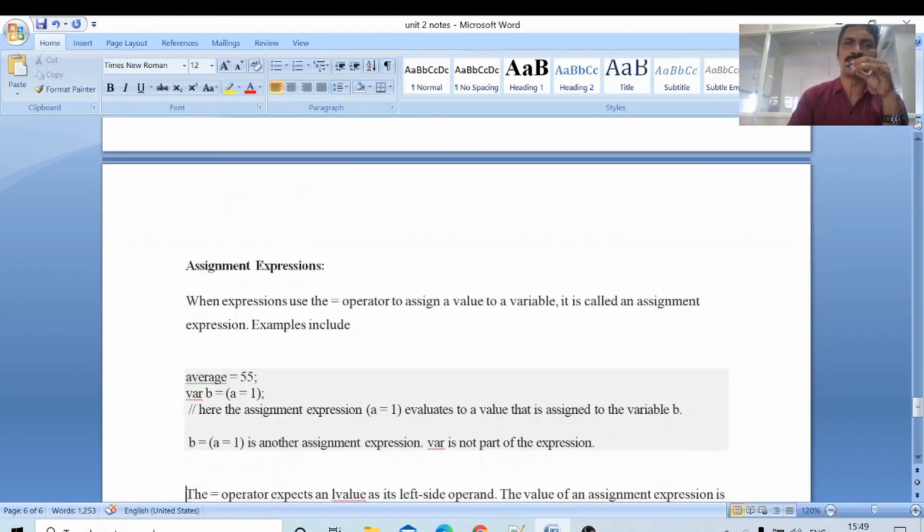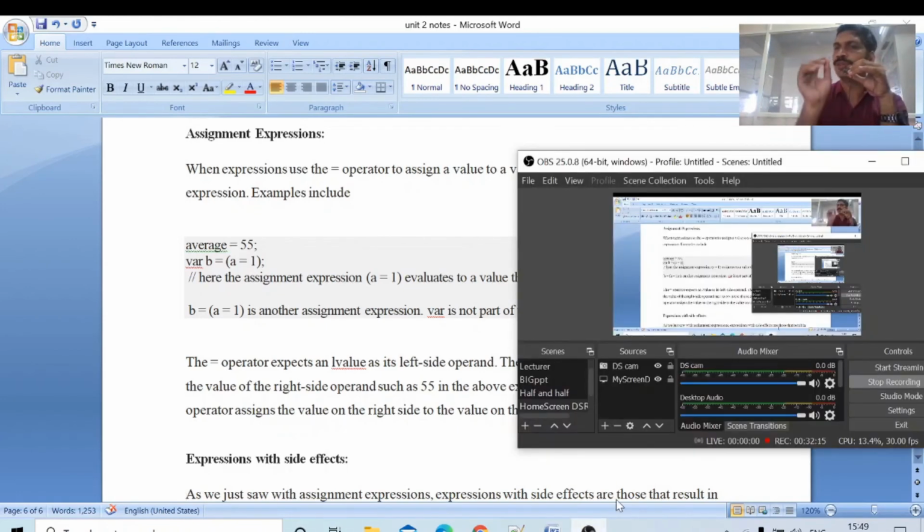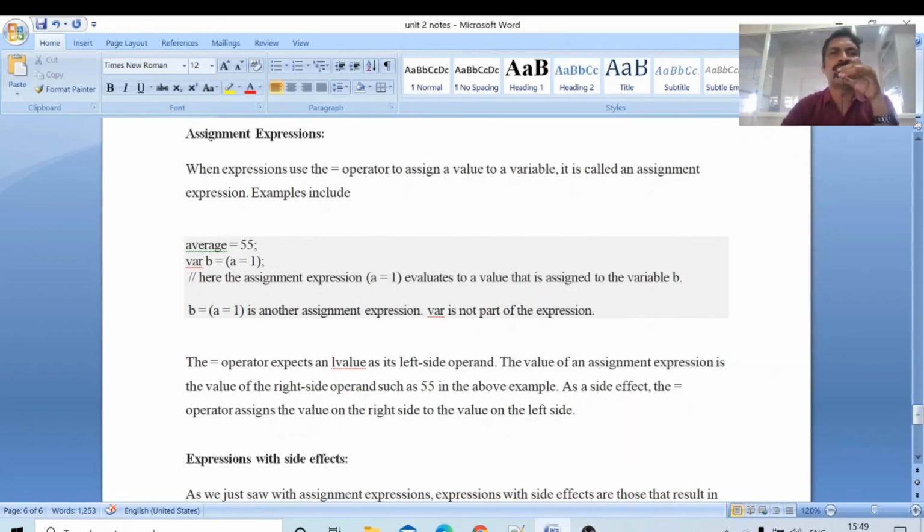Okay, assignment expression. Average equal to 55. Equal to is an assignment operator. Actually, comparing for equality needs two equal signs, but this single equal to is an assignment operator. When an expression uses the equal to operator to assign a value to a variable, it is called an assignment expression.